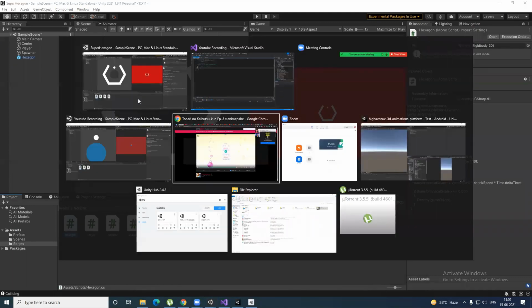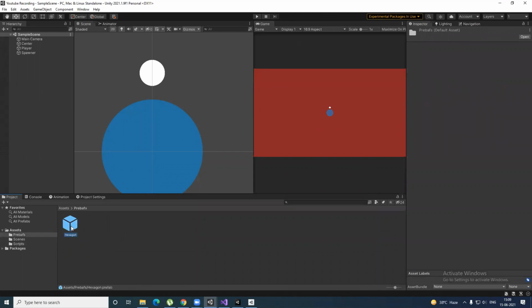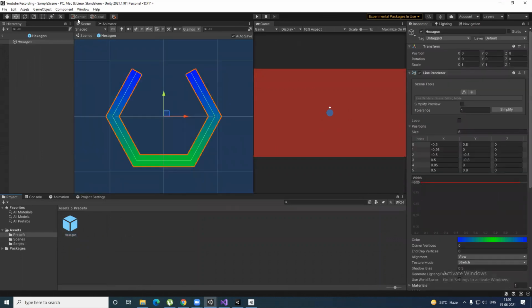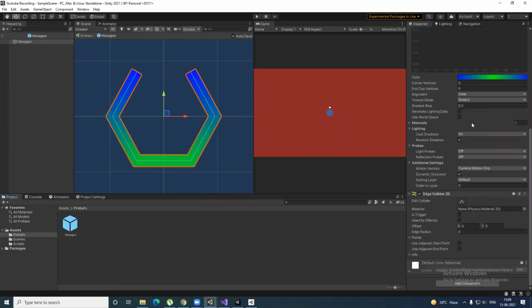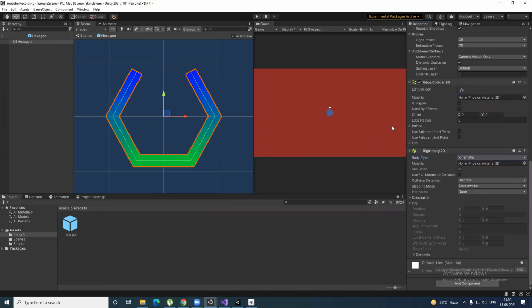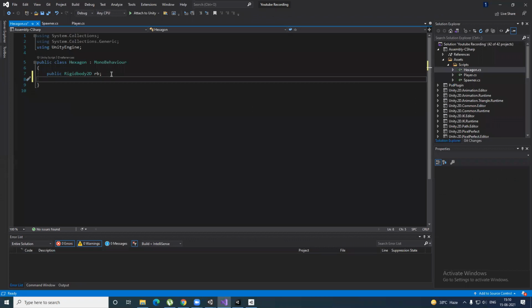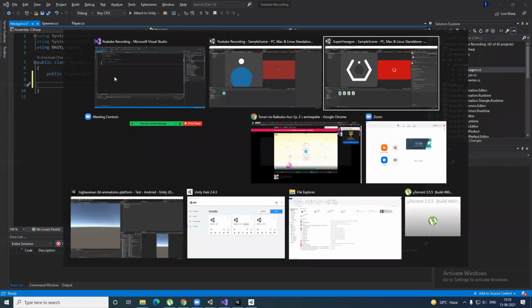Let's head back to our game. Okay, let's head back to the prefabs folder. Double click on the hexagon and you'll see this has changed to scene hexagons, and autosave is on, right? So what we're going to do is add Rigidbody2D, and again we're going to change it to kinematic so that it does not fall off. Okay, so this is the rigid body component added, and we're given access to the rigid body.